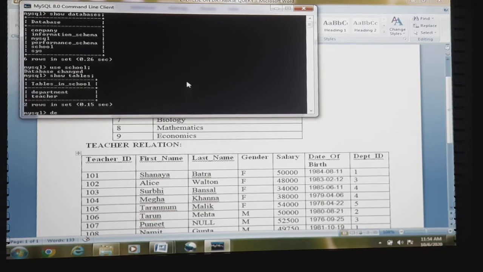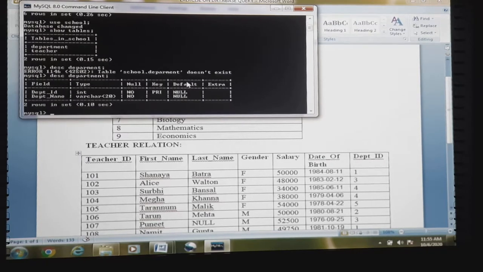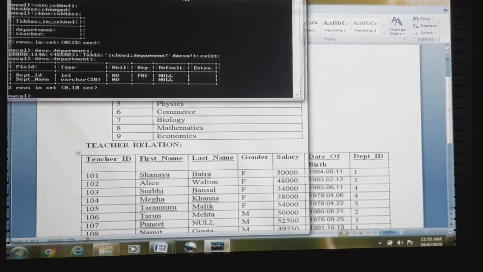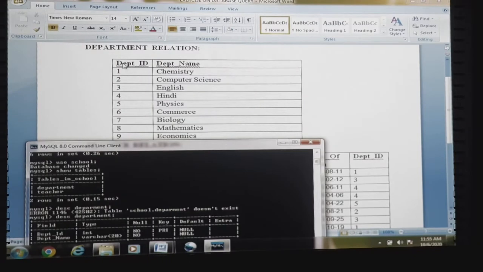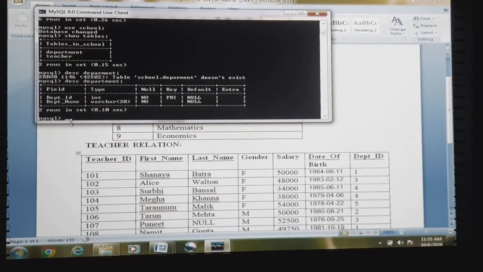Let me check the attributes in the department first. The department spelling is a mistake, that's why it is throwing an error. So remember the spelling should always be correct. See, department ID and department name, as depicted by the table here. So two attributes, and we have inserted a certain set of tuples in it.